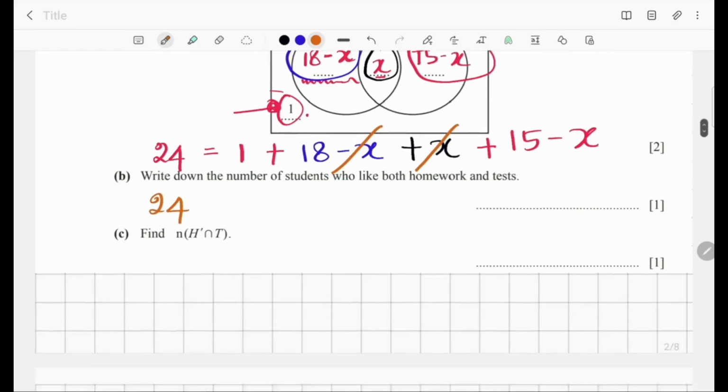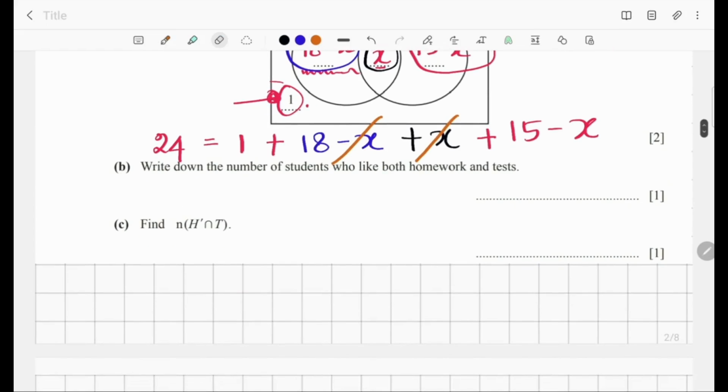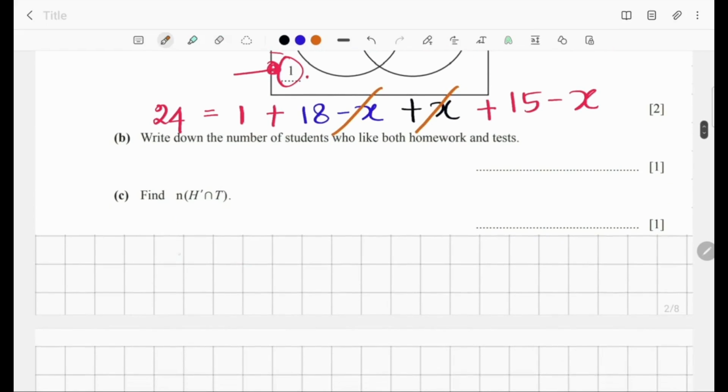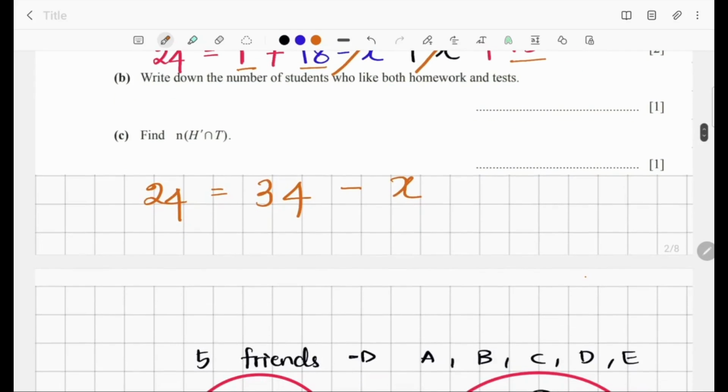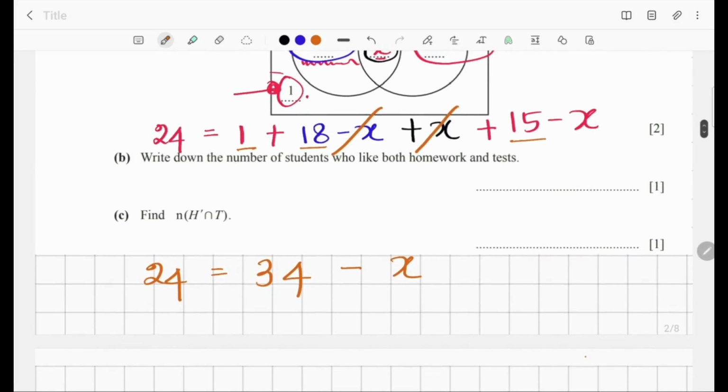Please excuse me for writing in between this question. Okay, let me come back. Okay, let me write here. So it is 24 is equal to, see, 1 and 18 is 19 plus 15 is 34. So 34 minus x. Okay, now when we solve the equation, we know that we'll bring the x to this